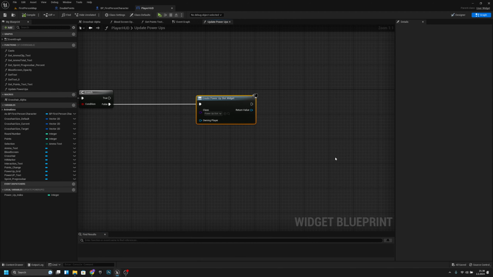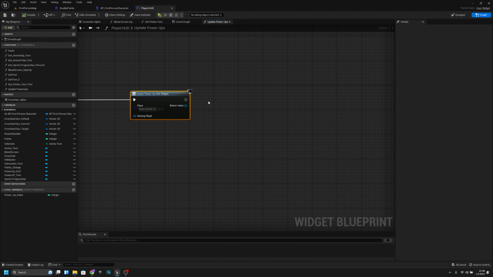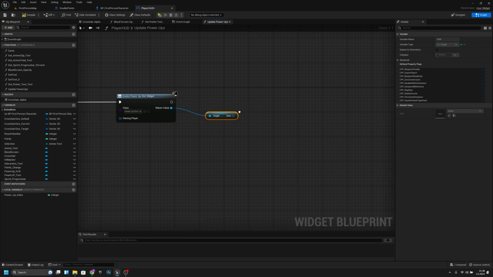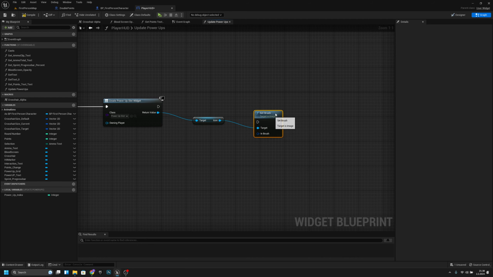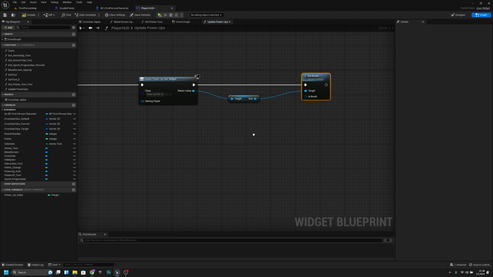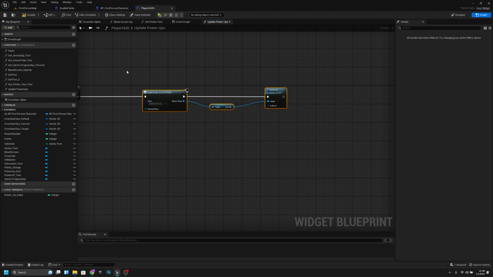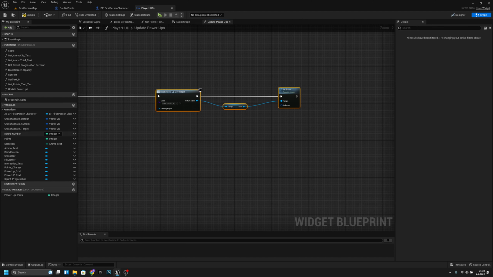Compile and save. Now from the return value we want to get the icon that we created. I want to get it, and then we want to set brush like that. Connect it to there. Okay, and now let's actually move this a little bit further. Now what we want to do, so we get the image for it, we have to get our SPP first